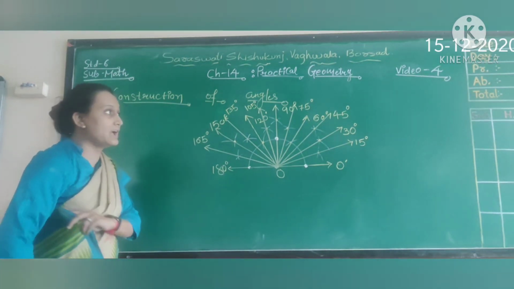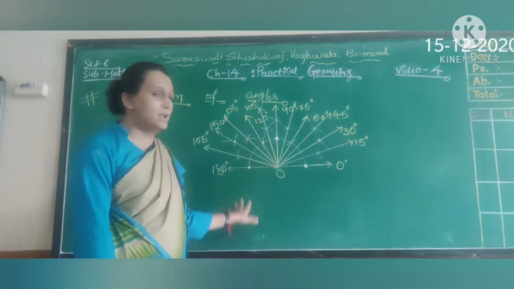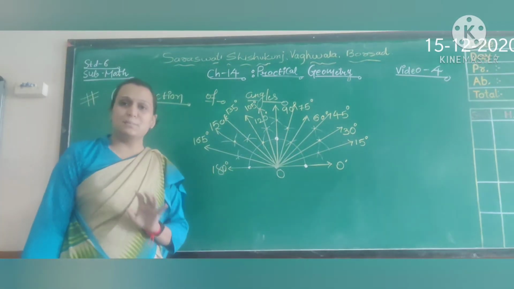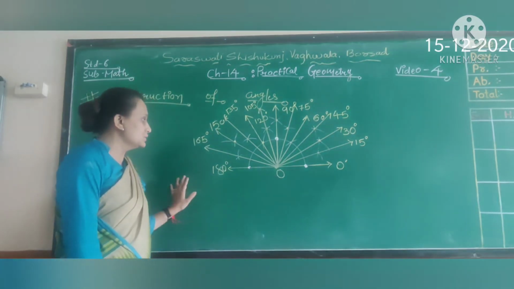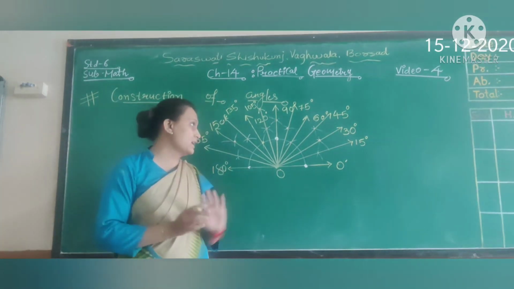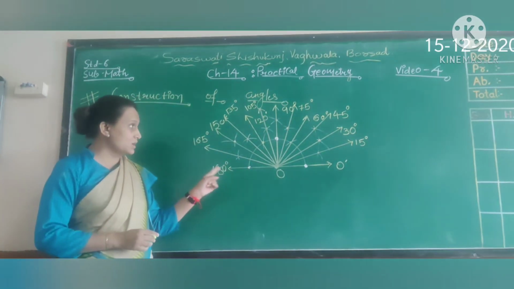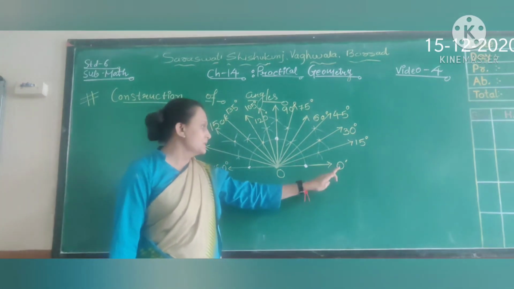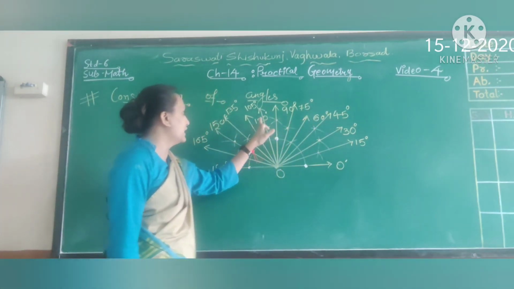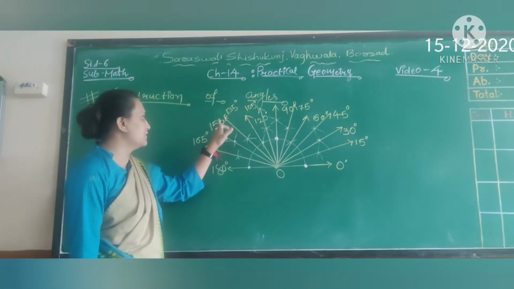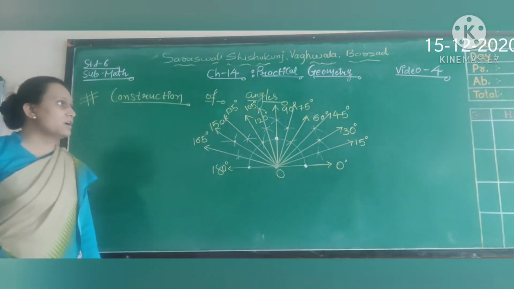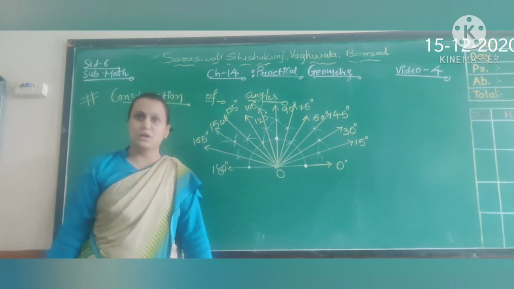See, here we didn't use a protractor for the angles. We have constructed all angles only with the help of compass. Clear? So in this way you are able to find the bisector of the angles whichever you need. Okay? So here you can find your whole protractor. 0, 15, 30, 45, 60, 75, 90. Then 120, 105, 135, 150, 165, 180. So in this way we can draw different angles with the help of compass.